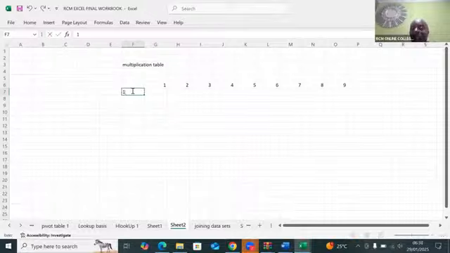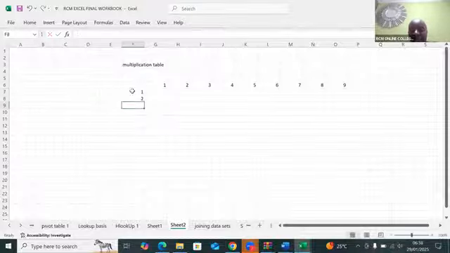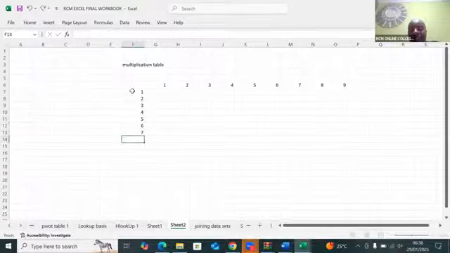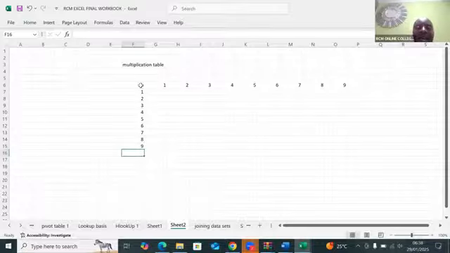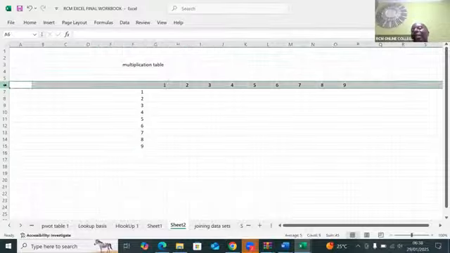Yeah, you can use transpose, but let me just be very simple today. 1, 2, 3, 4, 5, 6, 7, 8, 9, like that. So, ladies and gentlemen, I would want us to be very, very clear regarding this. You see, this 1 to 9, I can see in my case is in row number 6. So please highlight the entire row number 6, and then you say Control B. I would want to make it bold.